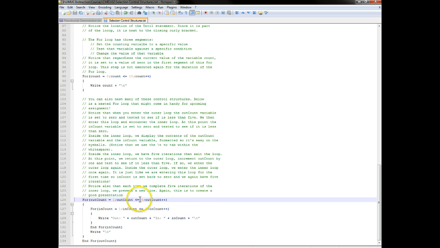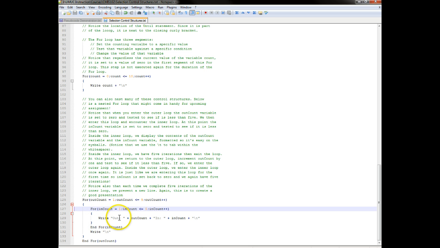So notice the sequence in this. It sets the value and then tests the value, and then before it does that increment, it comes down and enters the guts of that for loop and executes the contents of that for loop. So we get down here to the inner for loop, and we set our end count to 1 and test to see if end count is less than or equal to 5, and it is. And before we increment it, we come down here and execute the contents of that for loop,